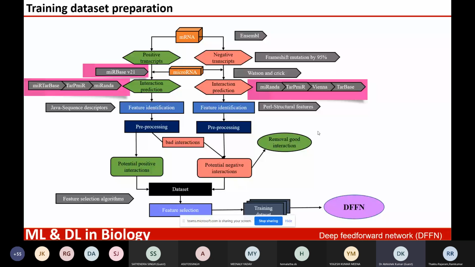Again, we take the microRNA from Ensembl. This time what we do is mutate all the Ensembl microRNA by 95% random mutation. Okay, 95% random mutation means almost 9.5 out of 10 base pairs were modified. So the chance of the microRNA being functional gets lower. And then we do the same way, predict the